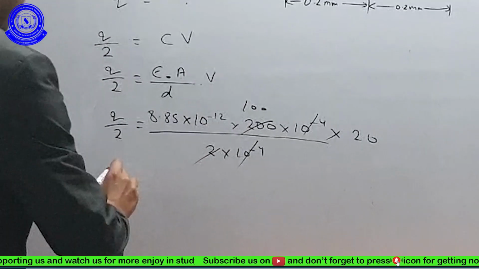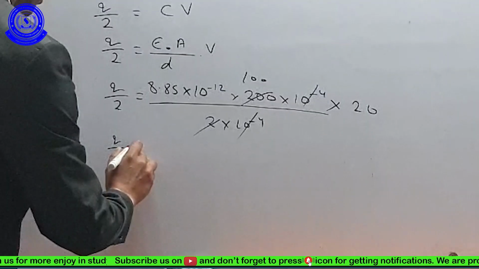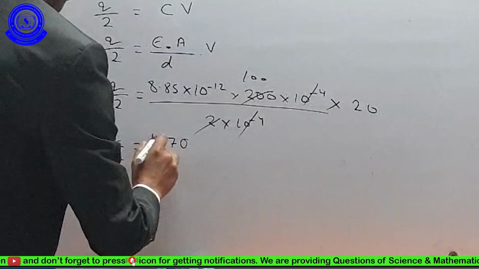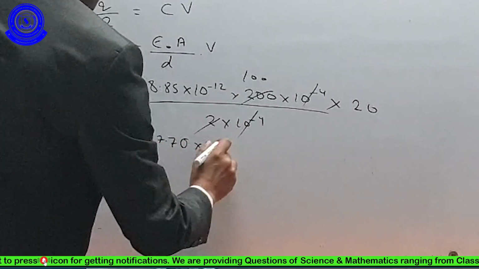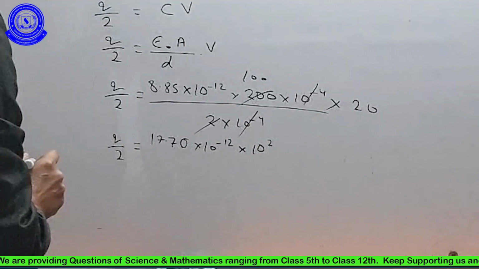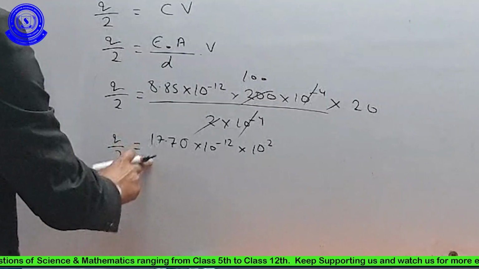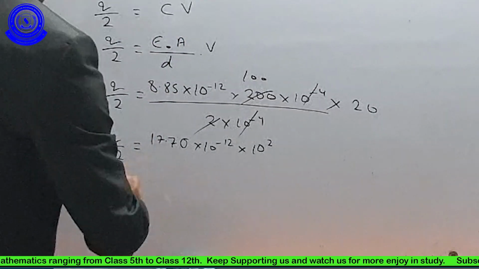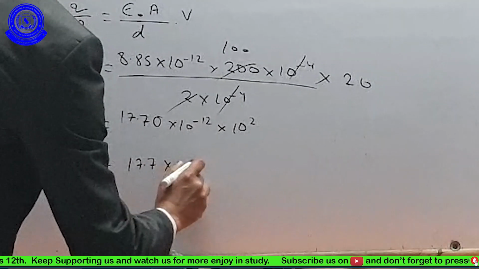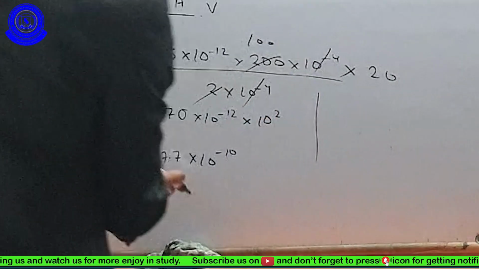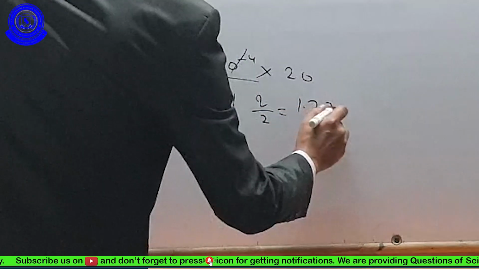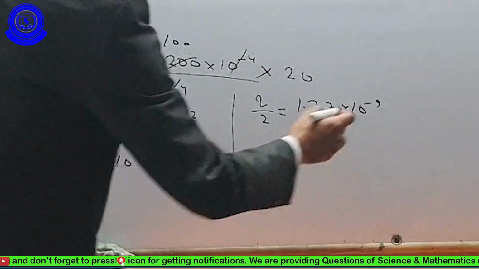Now we have to calculate it, Q by 2. Again it will be calculated as Q by 2 equal to 1.77 into 10 to the power minus 9 coulomb,